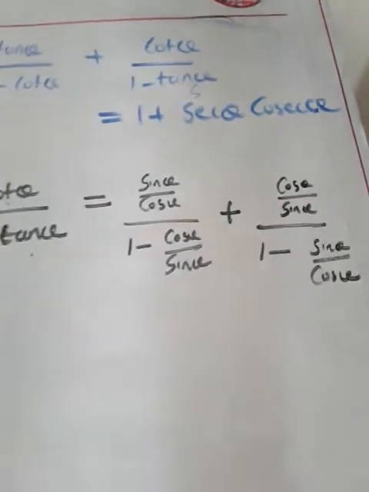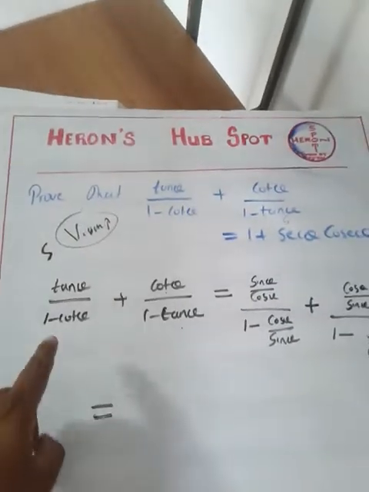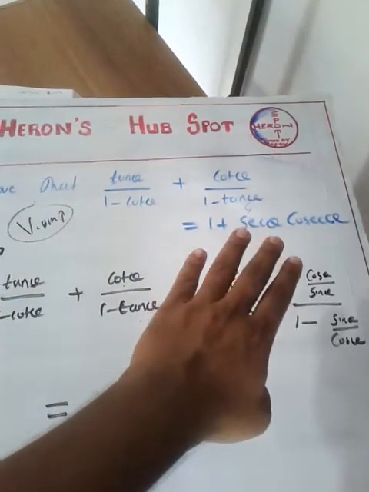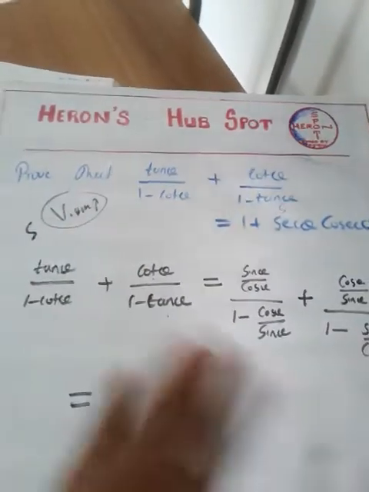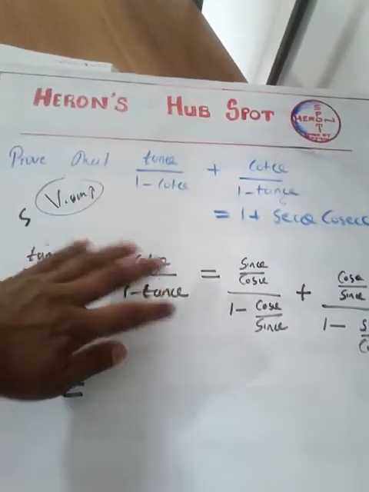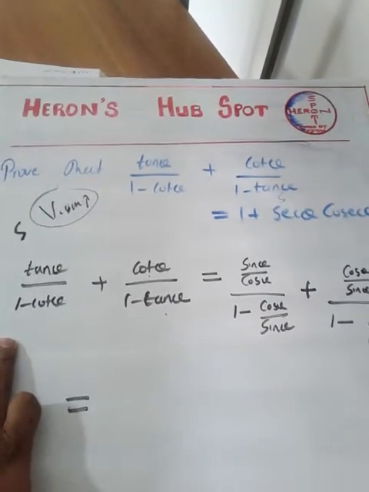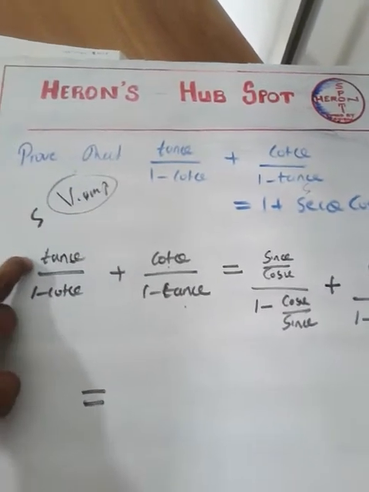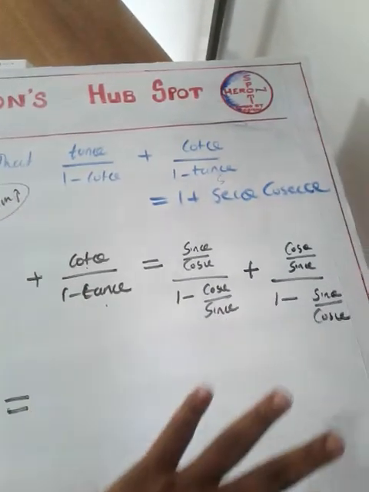You can consider this question as a challenge. Now just see what I did. The question was in terms of tan and cot. Since the RHS is in terms of sec and cosec, I have to make the presence of sec and cosec somehow. So what I am going to do is express this LHS completely in terms of sine and cos, because I can replace tan by sine by cos, and I can replace cot by cos by sine. In that way I replaced everything.